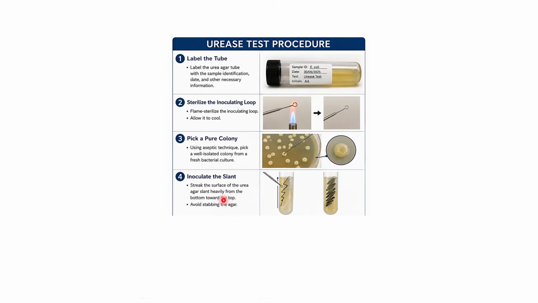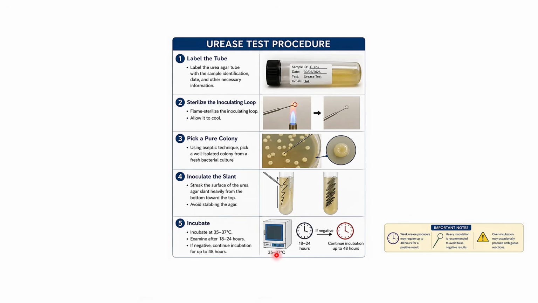4. Inoculate the slant by streaking the surface of the urea agar slant heavily from the bottom towards the top as shown over here. And one thing we also have to note in this step is that we must avoid tapping the agar. 5. Incubate the inoculated medium at 35 to 37 degrees Celsius for 18 to 24 hours. And what we also have to note is that if the result shows negative, we must continue incubation up to 48 hours. This is because there are some bacteria that are weak urease producers and may require up to 48 hours